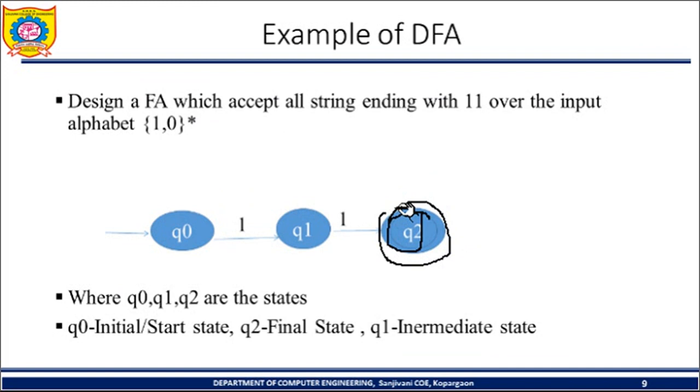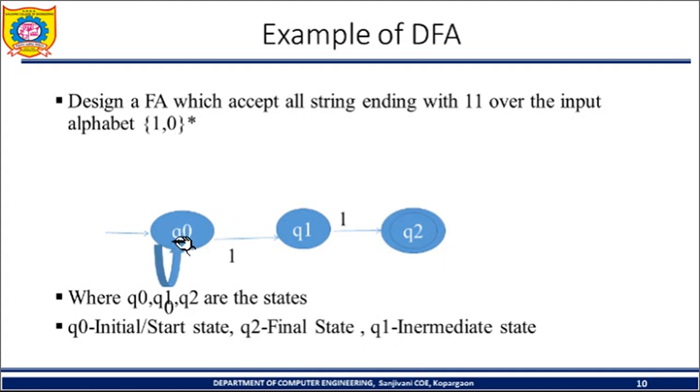Okay, now the next one. In case of DFA, we need to consider all the inputs for each and every state. There are 2 inputs, 1 and 0. So we have to consider both inputs for all the states. We have considered only 1 input for Q0, that is 1. For Q1 also we have considered only 1 input. What about the other input? Q2 also needs both inputs considered.